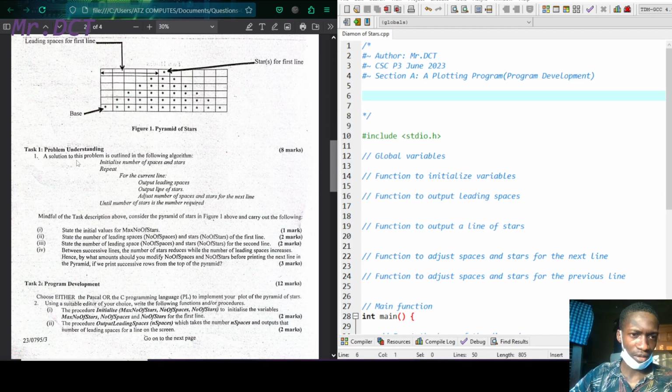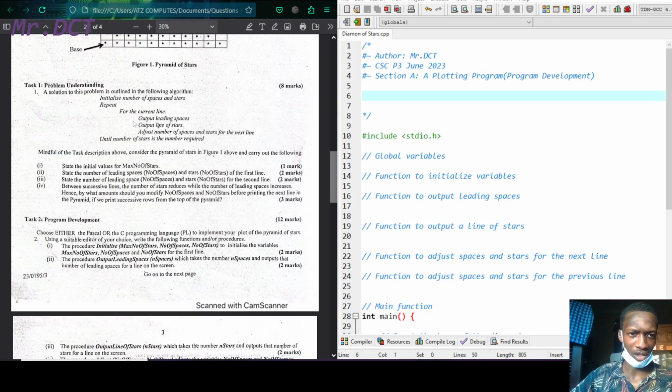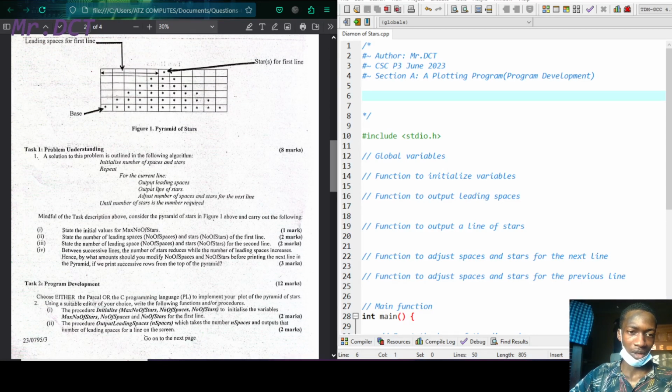A solution to this problem is outlined in the following algorithm. We will start by initializing the number of spaces and stars. Repeat for the current line, for example line 1: we output leading spaces, and after that we output a line of stars. Just a simple algorithm. Adjust the number of spaces and stars, maybe decreasing or increasing for each line, until the number of stars is the number required, up to the maximum number of stars. See, just a basic